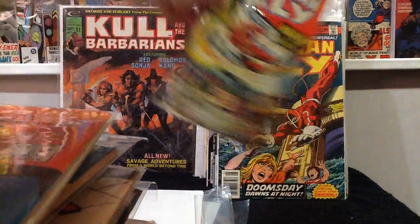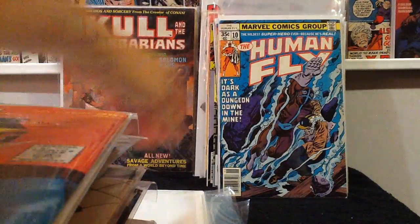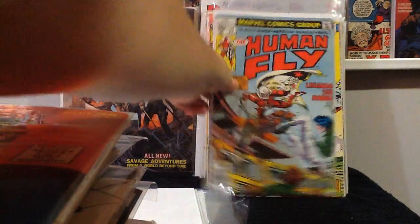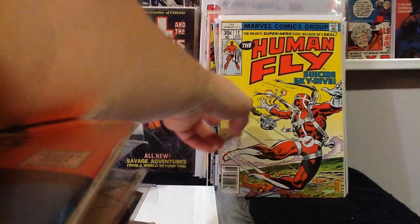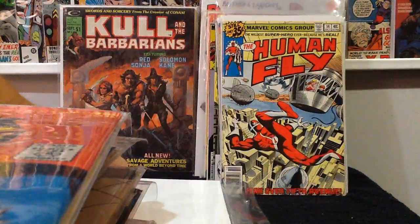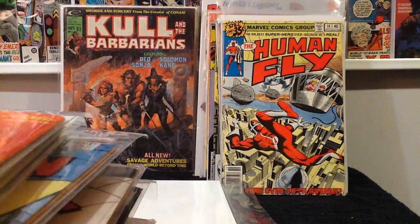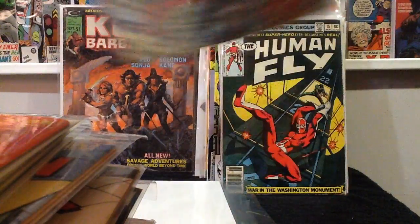Number 8, number 9, number 10, number 11. Another cool cover. I like the yellow and the reds. I think that's really, really awesome looking. So that's number 12. Another skiing issue, number 13. I don't know what happened to Human Fly. I'll have to read this. I don't know if he died in these issues or not, or he's just a character that went away, never to be seen again. Number 14,